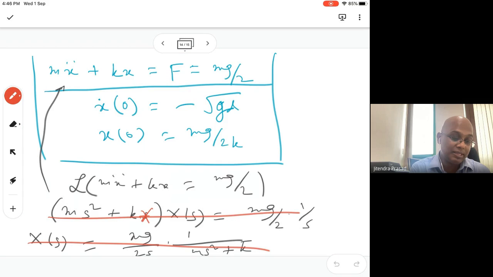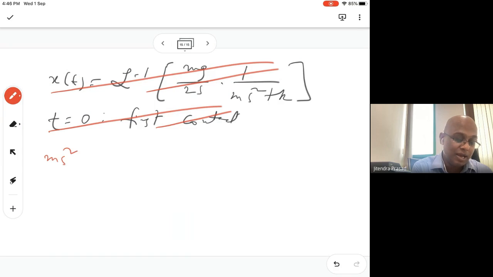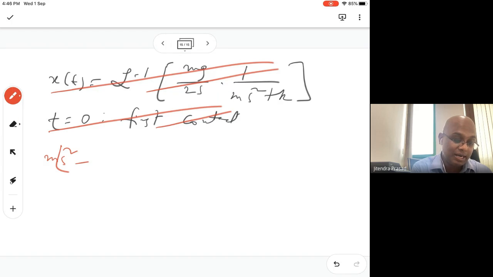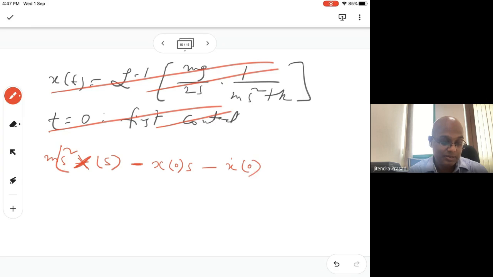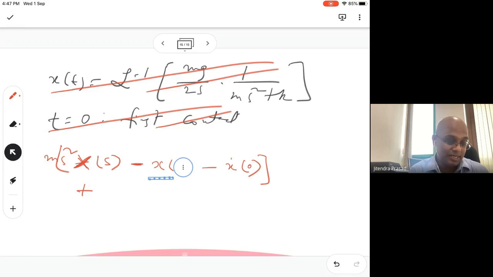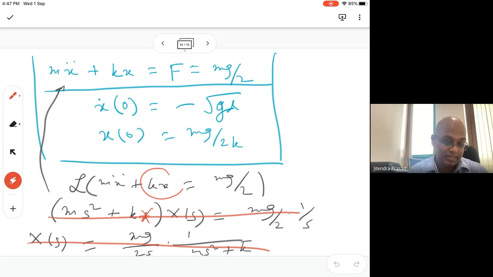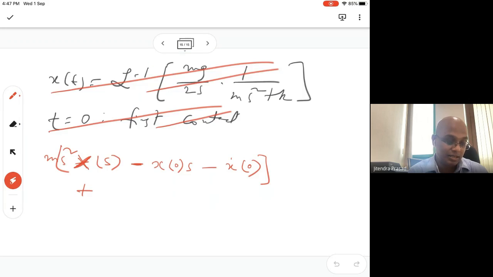So the answer in this case will be ms square X(s) minus m times x(0) s minus x dot(0). Because x at 0 and x dot at 0 are not equal to 0, we cannot neglect these terms, so they have to be there. Similarly, for the second term, we get k. So in this case it will be plus k